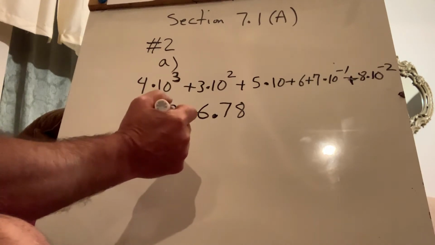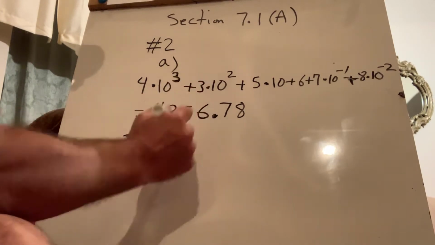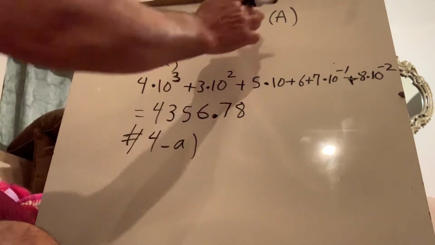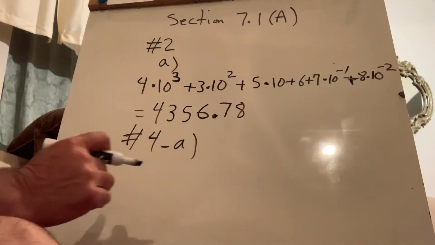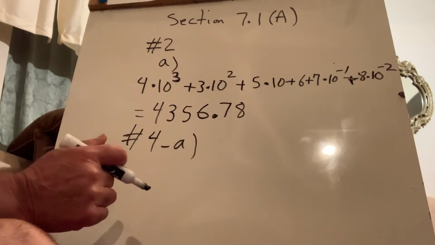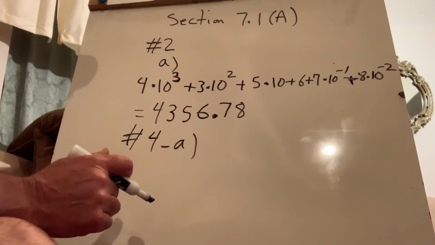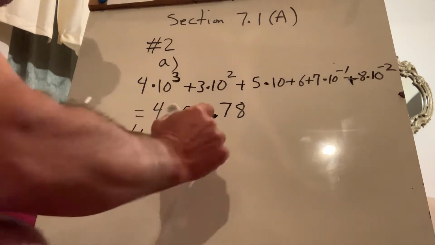Okay, so let me try to do one more problem for you here. I guess I'll do problem number 4, part A. This is the same section again, section 7.1, assessment A. Let me read the question first. It says, write each of the following numerals in words. So they want to go from numbers to words. For example, the first one, part A, says